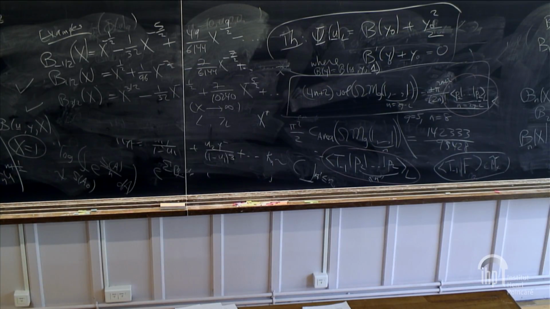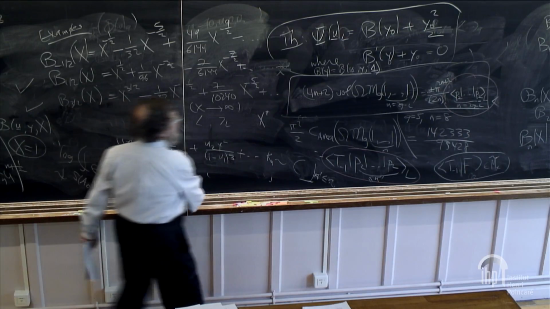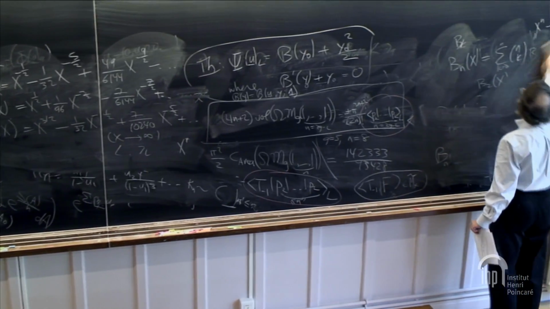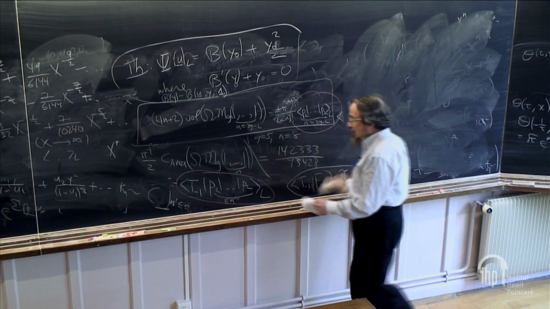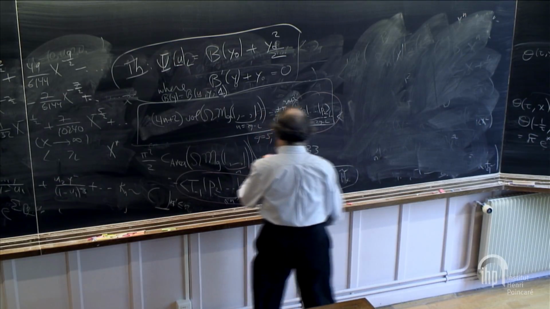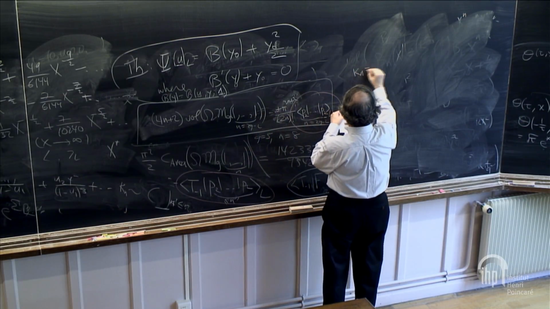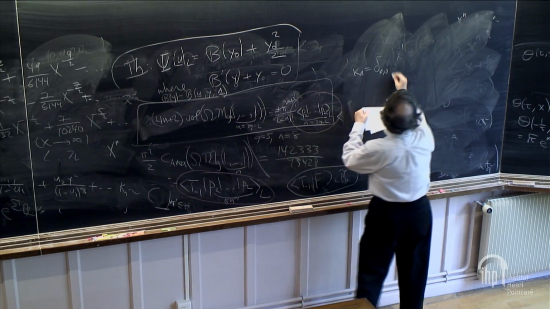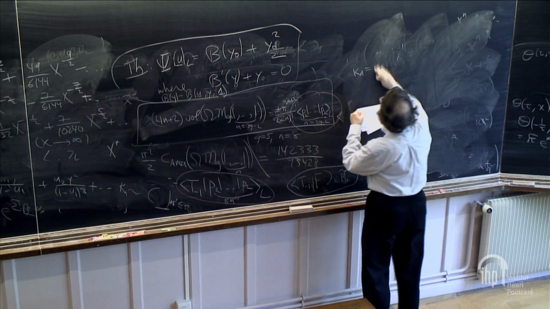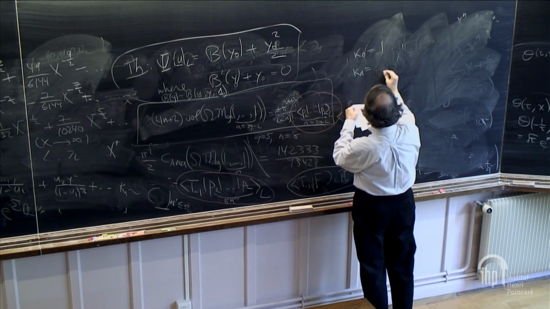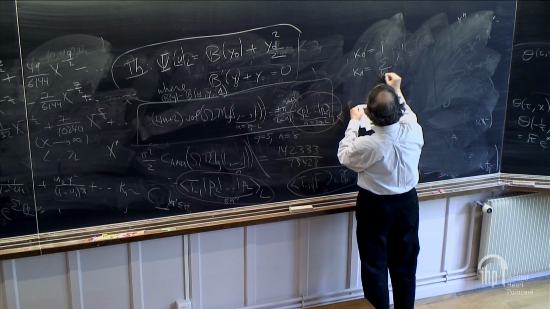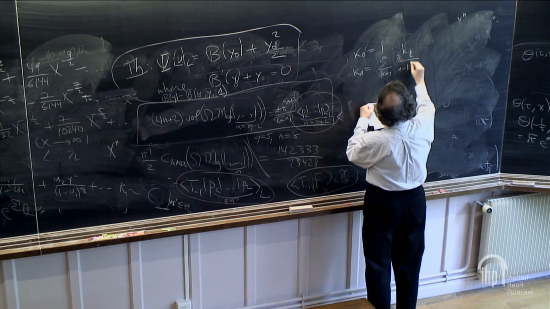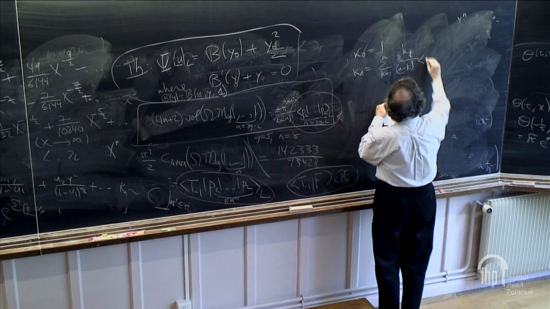Maybe I should actually write down the numbers we actually need. So I'll give the kappa n's as well. And just believe me, these are the numbers we need. The definition is not interesting, only the answer is interesting. But it doesn't make much sense to give the one without the other. So if n is 0, I have to add 1. If n is 0, it's just 1. But if n is positive, it's the sum k from 1 to n of 2 to the k times k over n minus k factorial times this